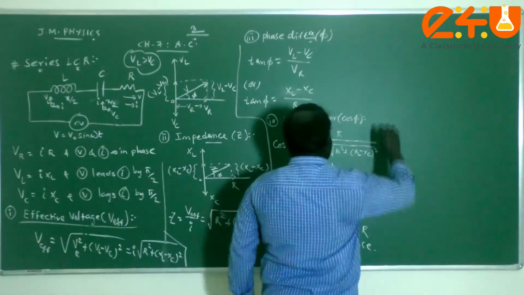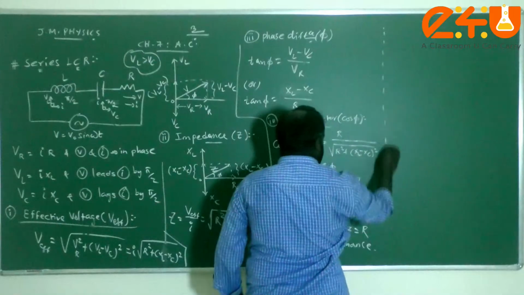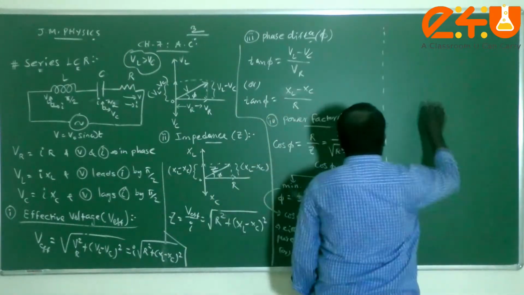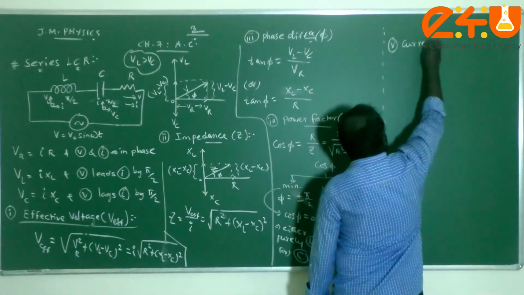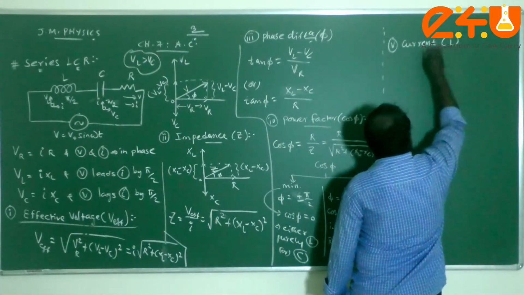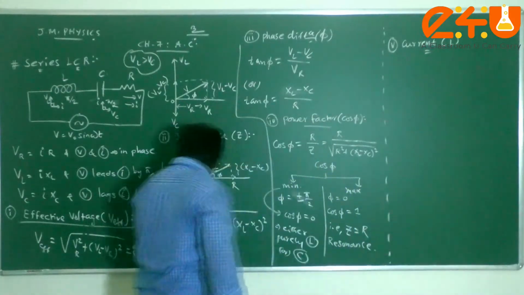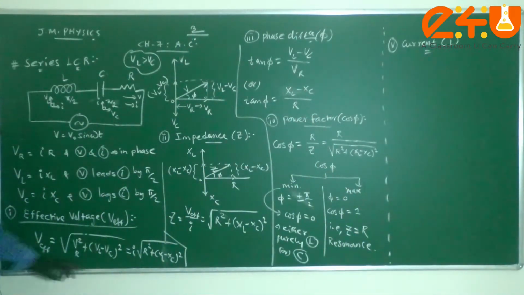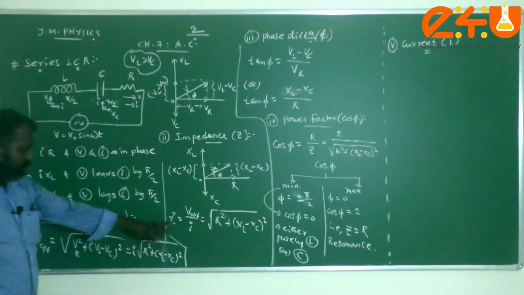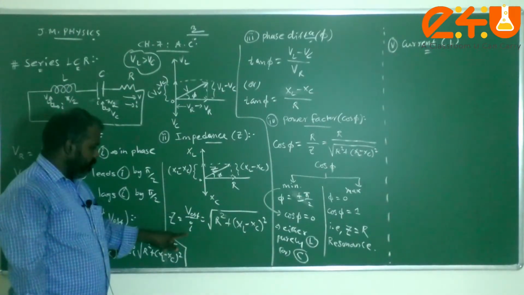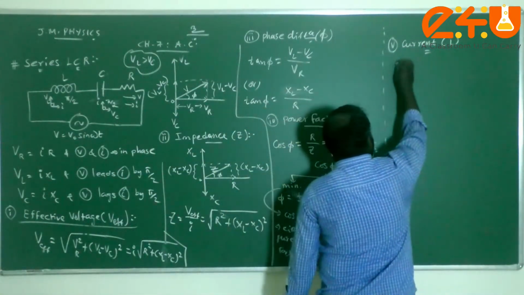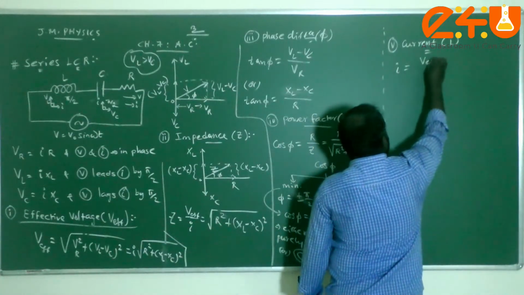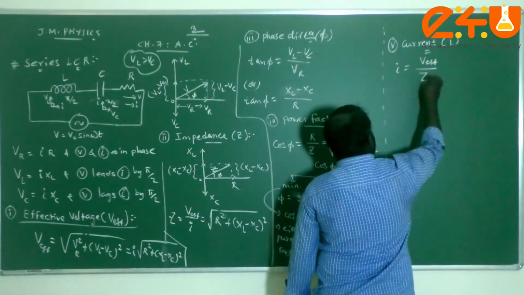Now please go with the another parameter we are going to discuss. Yes, the fifth parameter we are going to derive is the expression for current in the circuit, I. You just see this relation: the effective voltage divided by I, that is V by I, is equal to Z, as we said. From this we can say that I is equal to what, children? V by Z. Therefore, I is equal to the effective voltage or RMS voltage divided by Z.